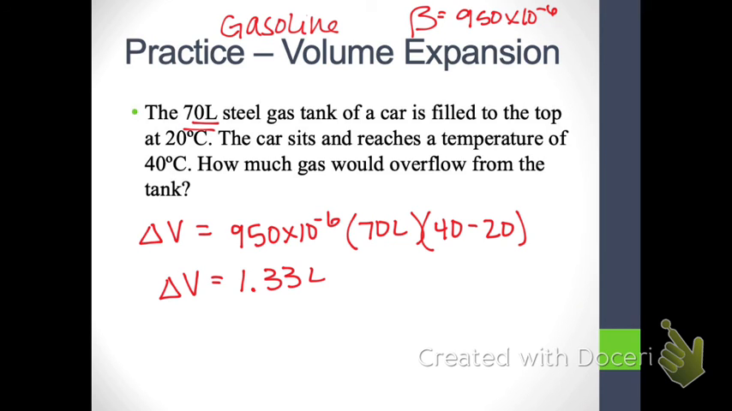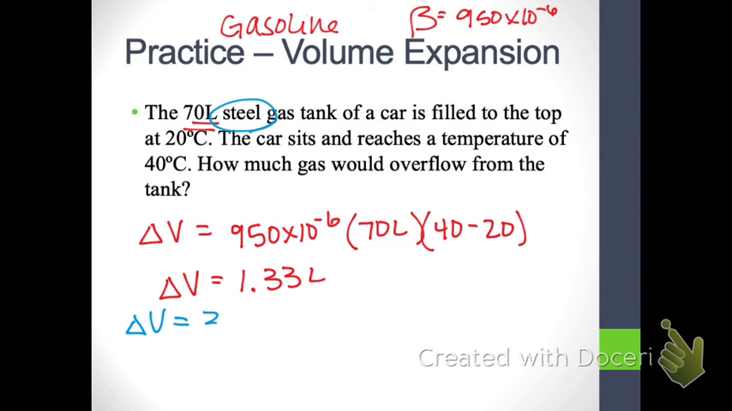Okay, 1.33 liters. So in all reality, that's almost 2% overflow, right? That's a pretty big quantity in terms of your gas in your car, right? You don't want to lose that much gas after you just filled it up, right? Okay, second part of it now, if we are looking at the tank itself, my change in volume of my tank, it says it's steel, so we're going to use our beta